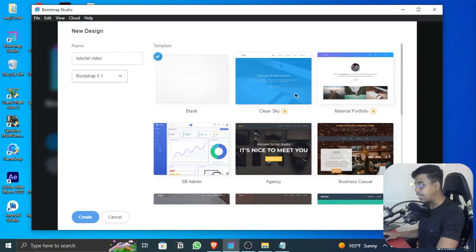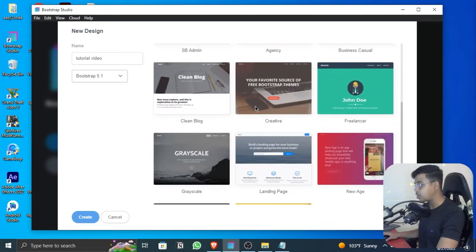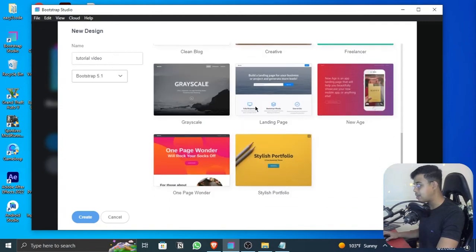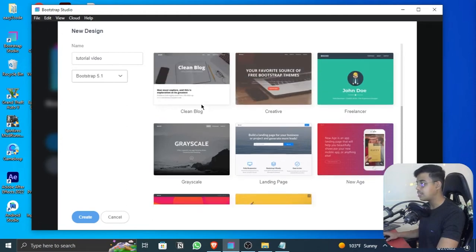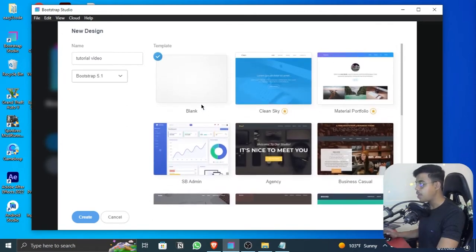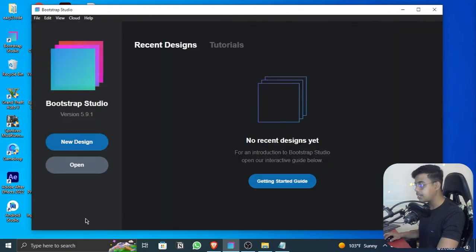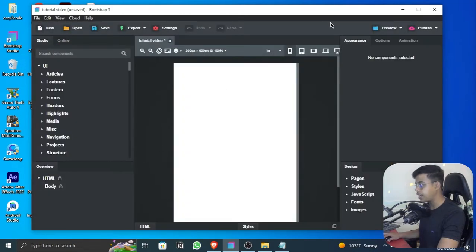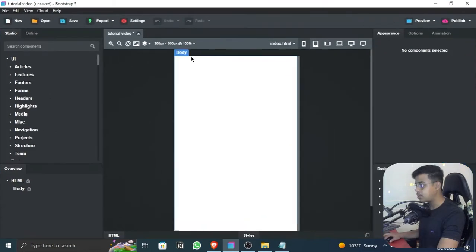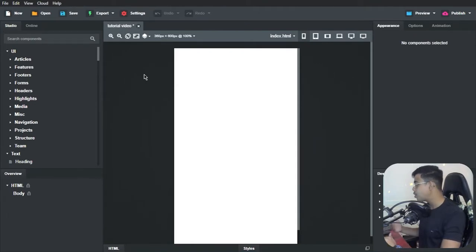If you want to select any templates, like you wanted to edit it as you like, these are the templates that Bootstrap provides you. And if you like any template for your portfolio, you can select and edit it, but we are going to be creating it from scratch, so we are going to be selecting the blank template. After selecting, just click on the create button and it will create your Bootstrap project, as you can see right over here. Now let me maximize the Bootstrap Studio screen and press F11 to make it look more clean in the